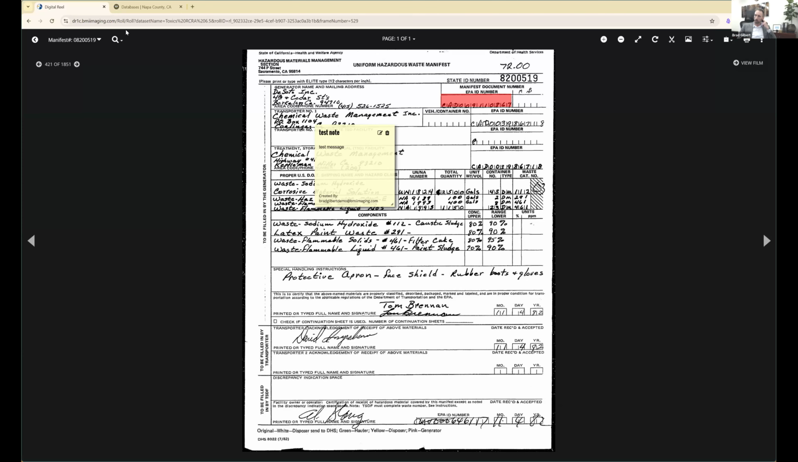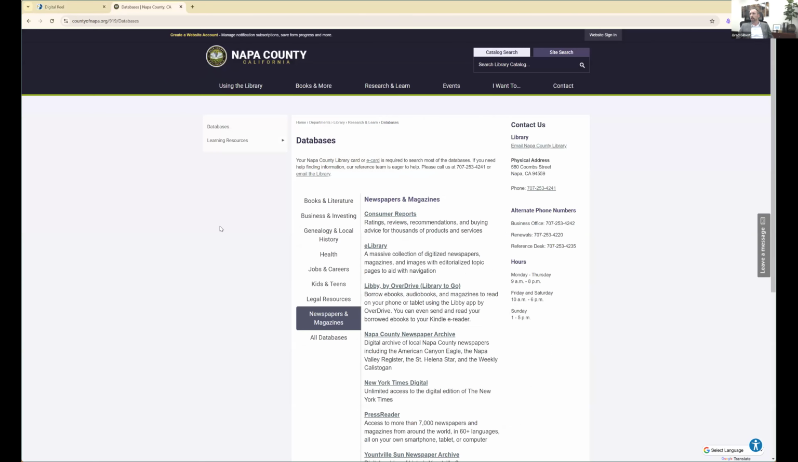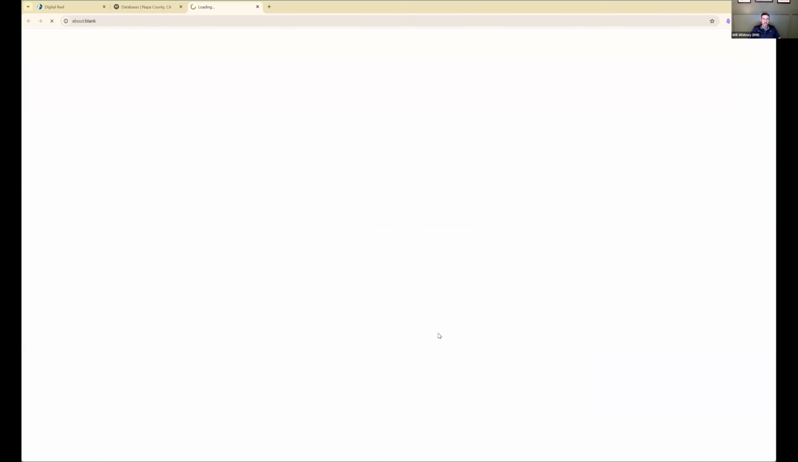Yeah, so also the actual color schema can be customized. I assume you can see the Napa County website, Will? Okay. Napa County, great client of ours. They've been with us for a long time, and they asked us to do a customization for their digital ReeL portal. So you'll see as that loads,